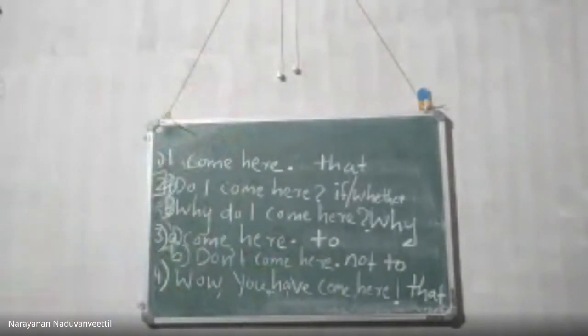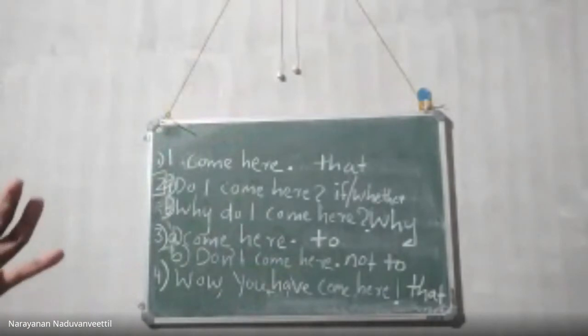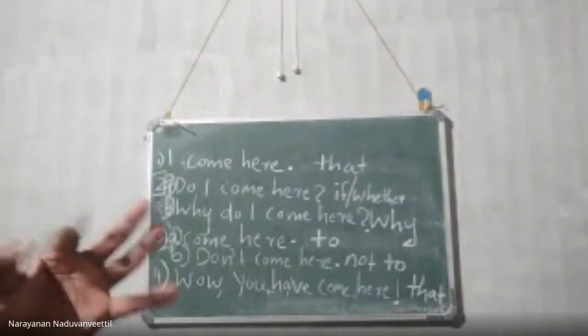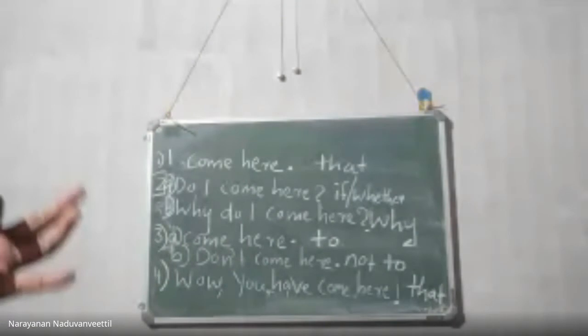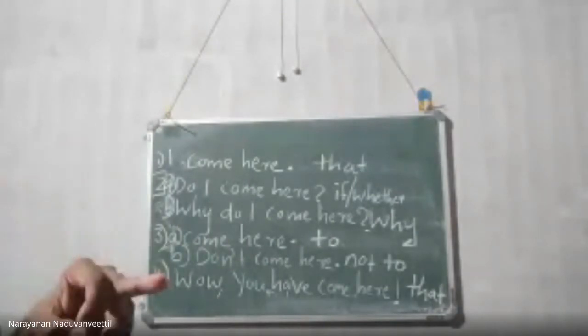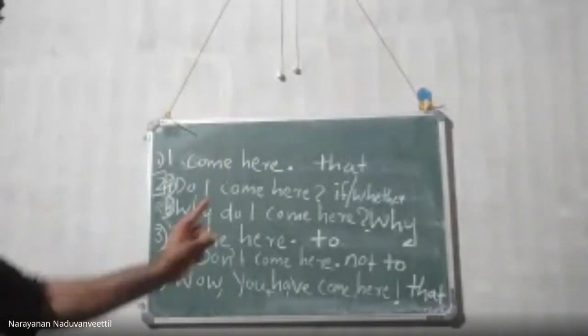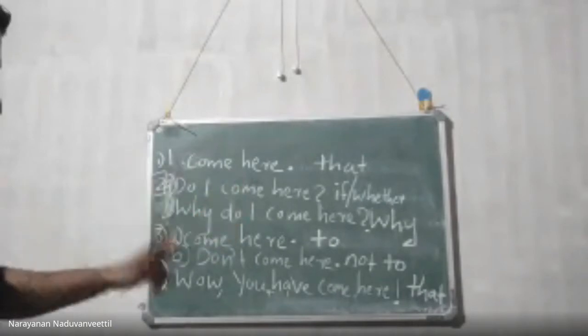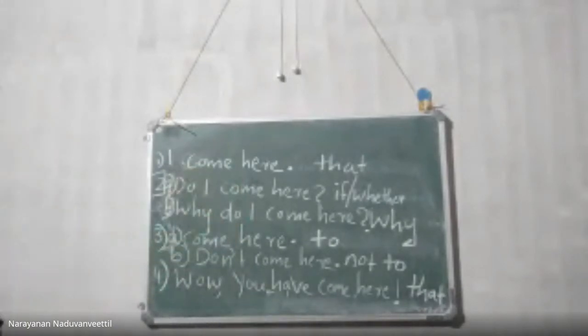And for the third category, if it is a third category sentence, giving instructions, giving orders, requesting, if it is positive, start with the V1 verb. The connection word must be to. If it is negative, start with don't. The connection word must be not to. Okay? These are the connection words to use.